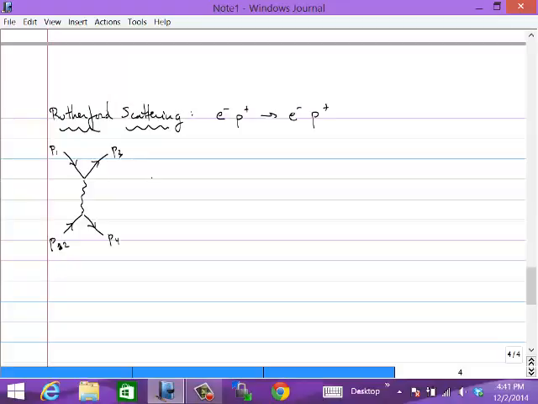And the result, let's see, should I write this down for you? Have you guys studied Rutherford scattering, maybe in your classical mechanics class or electrodynamics class? Have you seen the formula for the differential cross-section in Rutherford scattering? So the formula that you've probably seen if you studied Rutherford cross-section, Rutherford scattering,